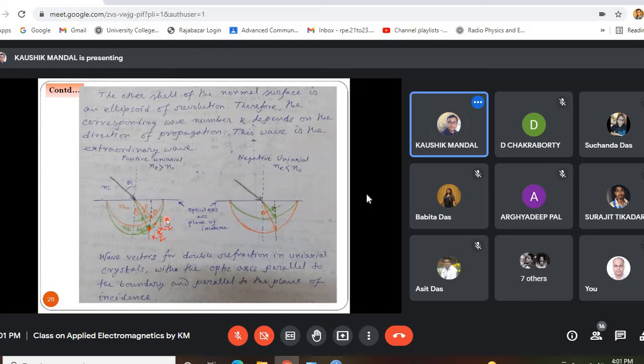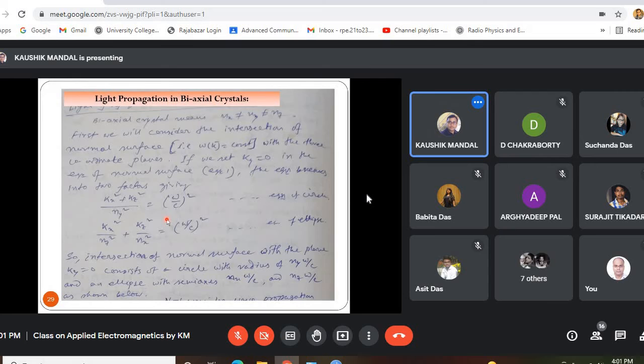Next, we will basically observe the double refraction phenomenon in case of light propagation or wave propagation through a uniaxial crystal. Now we have to consider what type of optical phenomena we will observe if we consider the propagation of a light wave through a biaxial crystal. As we know, biaxial crystal means there are two optical axes and all the principal refractive indices are not equal. That is nx not equal to ny not equal to nz.